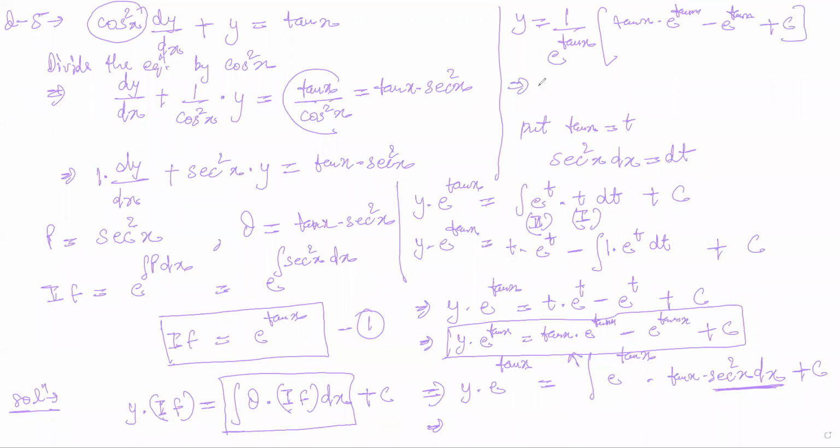So it is y is equal to, now e to the power tan x divides every term. So this becomes tan x minus 1 plus c into e to the power minus tan x. When e to the power tan x comes in the numerator, the power becomes negative. This is the final answer